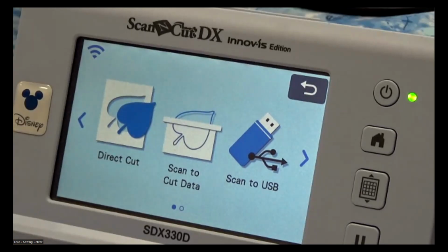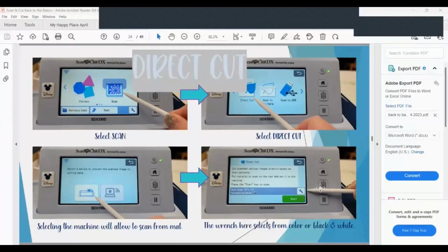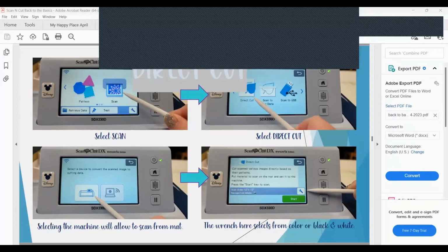Well, let's talk about that. All right. So with direct cut, again, we are,